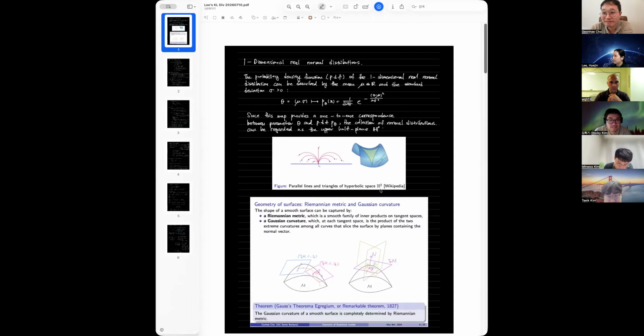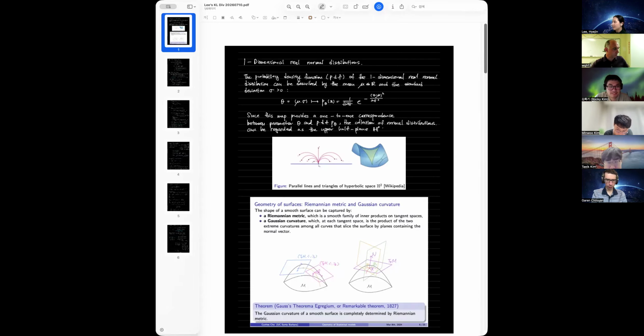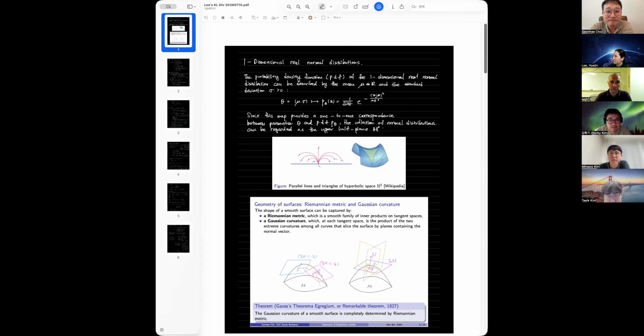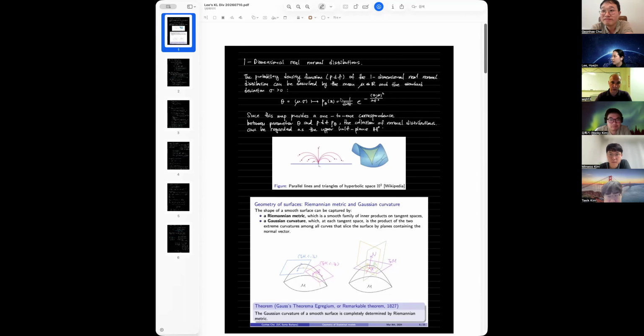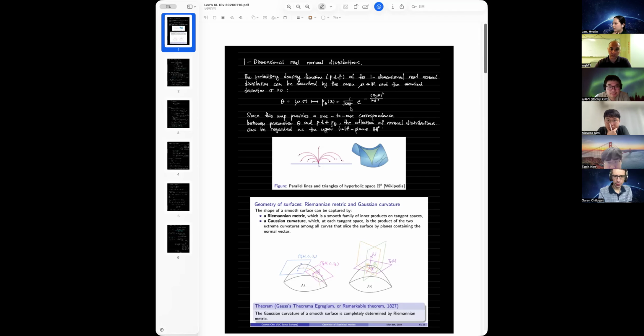Hello, my name is Hejin, and today is my first presentation. I prepared my hand calculation on the Fisher information geometry of the one-dimensional real number family. As you know, the probability density function of a one-dimensional normal distribution is parameterized by the mean mu and the standard deviation sigma, where mu is real and sigma is positive. So the parameter space is